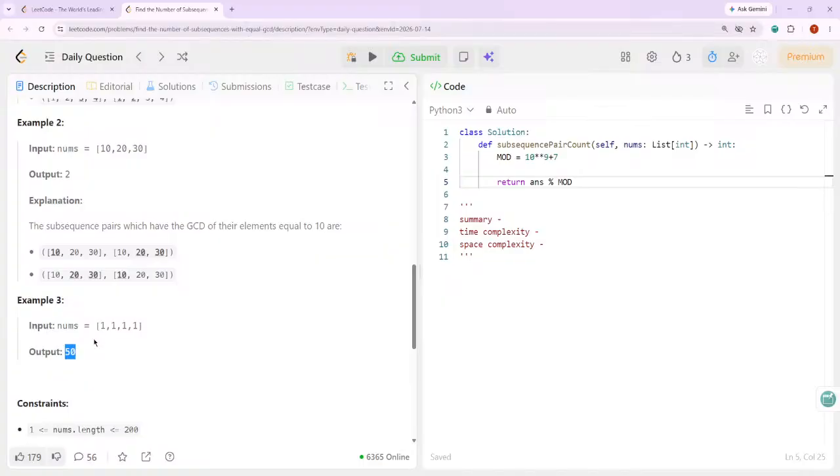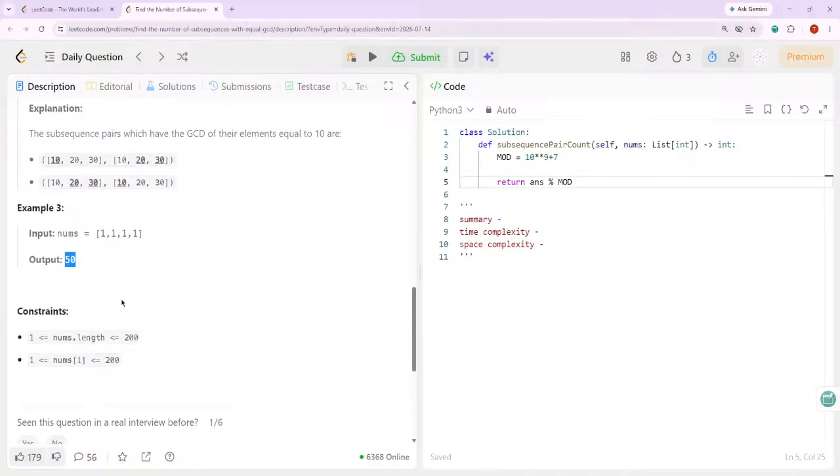Okay. How to tackle this? It's not very big. And considering that this is subsequences, which has a lot of possibilities, that makes sense. Nums values themselves aren't very big either. Okay, what can I do here? I think given the fact that the num values themselves are 1 to 200, I could possibly